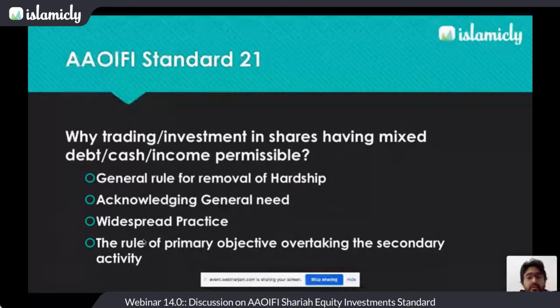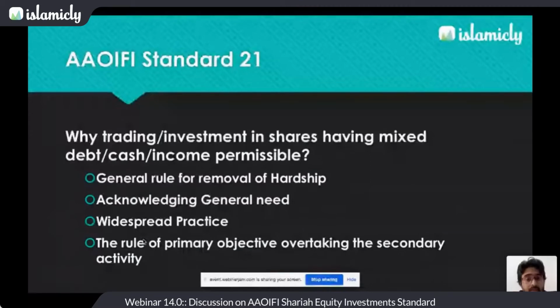Now, the four things that AAOIFI quotes are the general rule for removal of hardship, acknowledging greater general need for such companies, widespread market practice, that is what is being practiced in the economy or by other businesses in the economic sense, and the rule of primary objective overtaking the secondary activity. Now, this is a very important and a clear-cut example. Here it says that if the debt of the company is 30% to its market capitalization, that would also mean that it is not